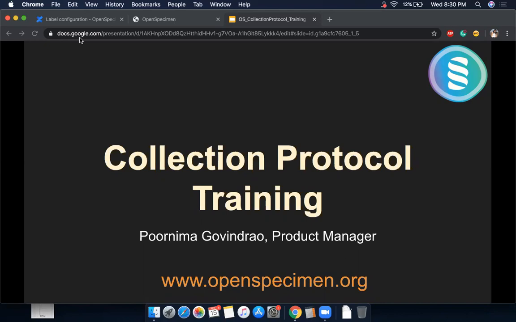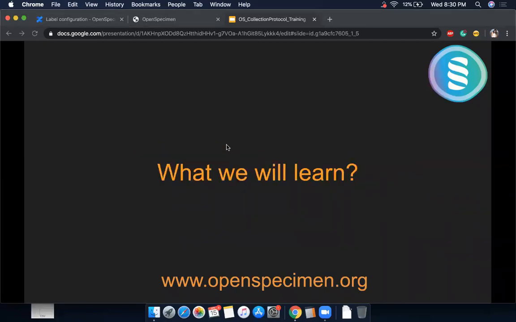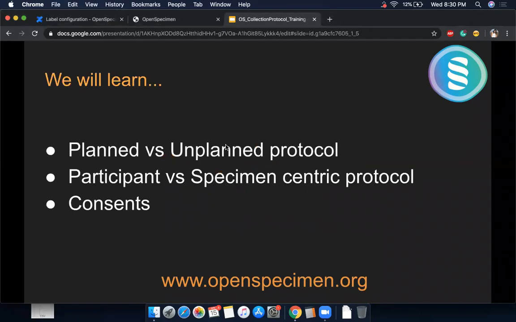In today's training, we'll be covering the collection protocol module in Open Specimen. So we'll first see what topics we'll cover. In Open Specimen, you can create different types of protocol. We'll see the different types, like planned, longitudinal, clinical trial-based protocols versus general biobanking protocols.